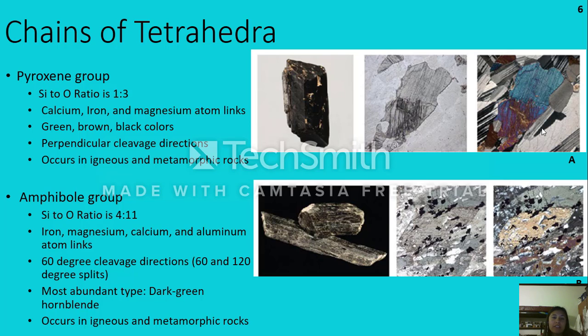The pyroxene group is the calcium, magnesium, iron silicates group, meaning that the chains are linked by the cations of these elements. The colors tend to be green, black, or brown. The chain of the tetrahedra is connected by sharing a single oxygen anion. The bonds between the silicon and oxygen are much stronger than the bonds linking the chain of the tetrahedra